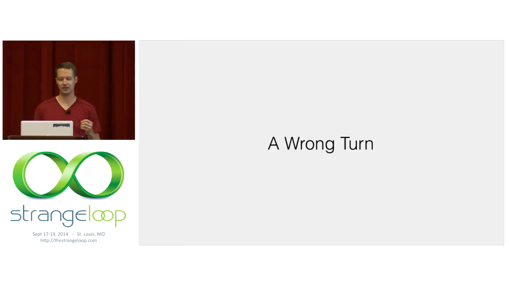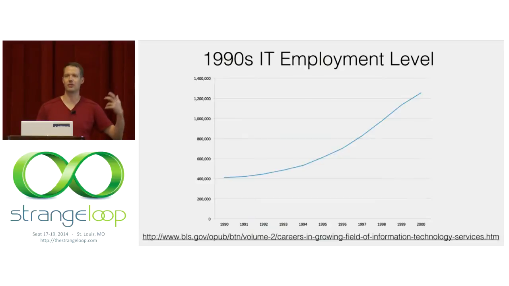And this is where I think our story took a wrong turn during that recovery from the hype cycle of expert systems. And I think part of the reason it took a wrong turn is that we have to look at what else was going on in that time period. What was going on in the 1990s? Here we have a graph of the employment level for people that call themselves information technology workers. It's kind of a broad group, but it's a proxy for what's going on in the trend.